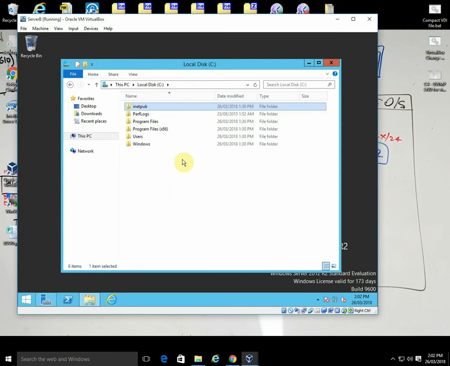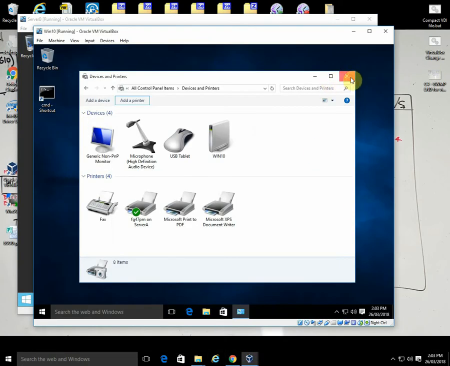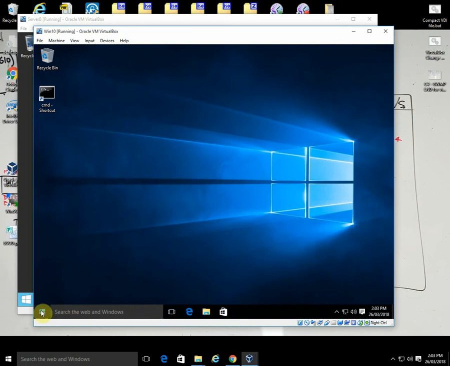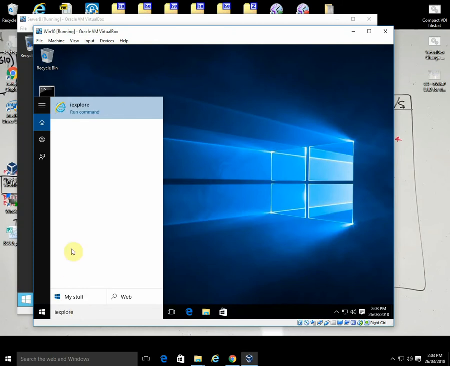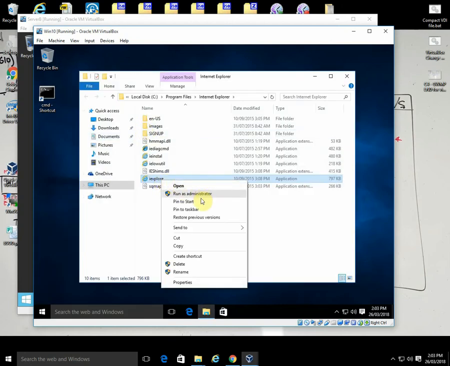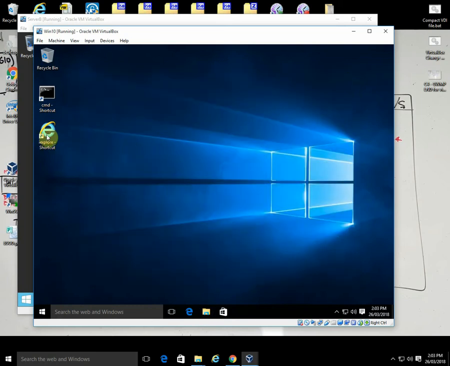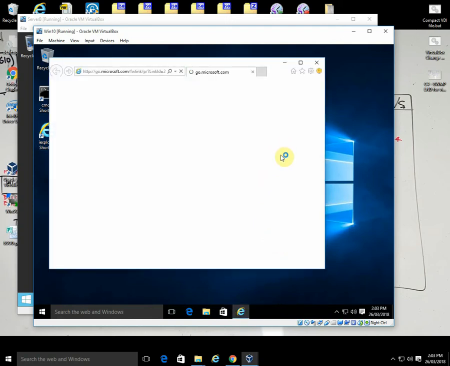So that's our web server. What we need to do is see whether other people can get to this machine, and I'm going to go to the Windows 10 machine and do a search for iexplore, Internet Explorer, and I'm going to open the file location, and I'm going to send that to the desktop. Yeah, desktop's a good place for it, and I might also drag it to the taskbar as well. So if I've got this thing open,